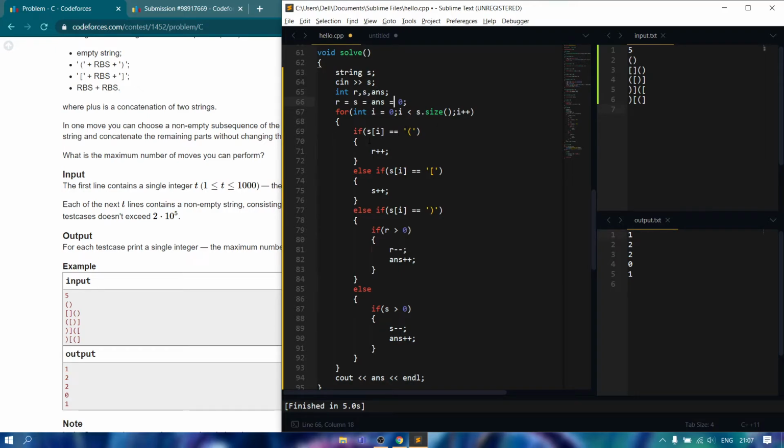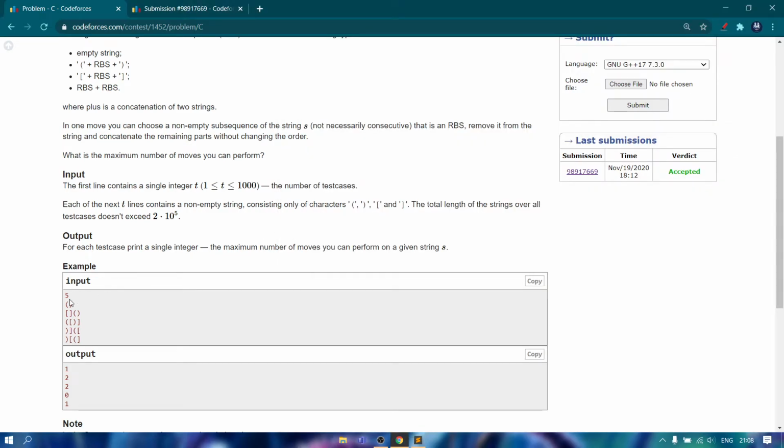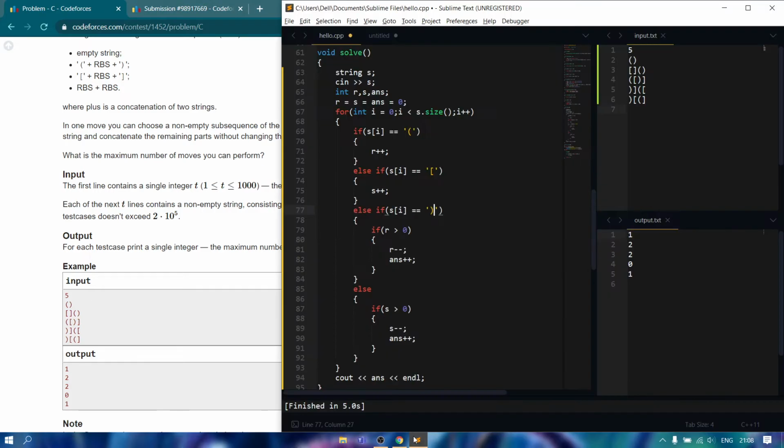We will run a loop over the string and check: if the ith element is the opening round bracket, then we will increment r, and if it is the opening square bracket, then we will increment s. Else if it is the closing round bracket, we will check whether any opening round bracket came before it.